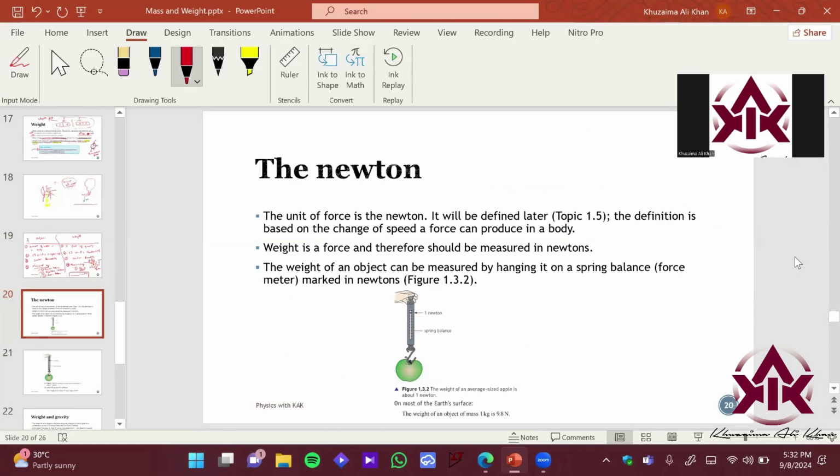Newton meter, right? So let's first define the Newton. What is a Newton? Imagine Isaac Newton sitting under a tree, the famous story which you have heard from all of your school teachers. And here is Isaac Newton